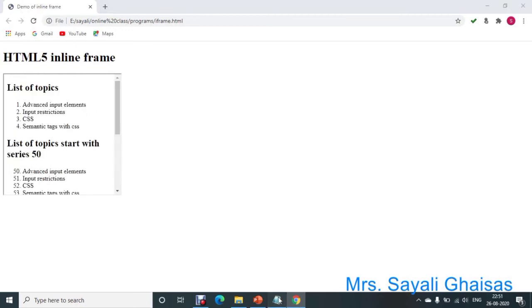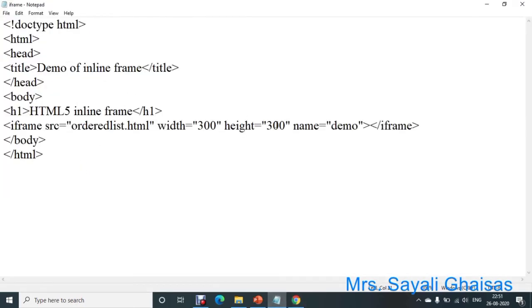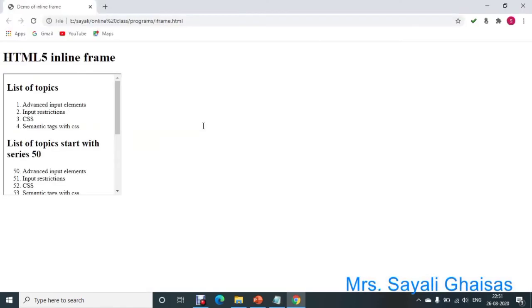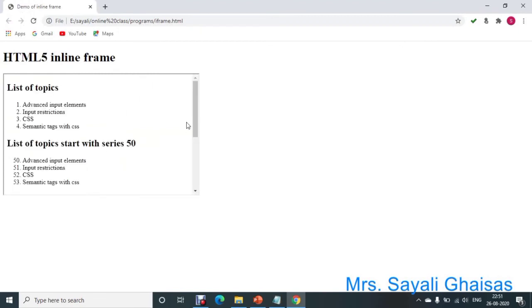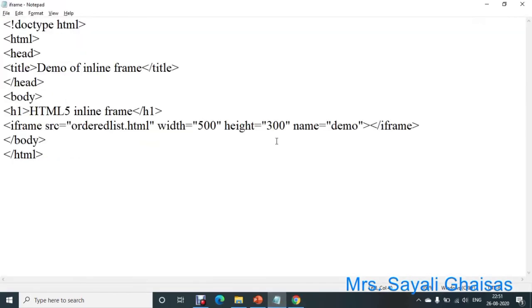You can change the width and height of this frame. Suppose we change the width from 300 to 500. Save the program and again execute it. See, the width has been increased now. In this way we can use the iframe tag to create an inline frame.